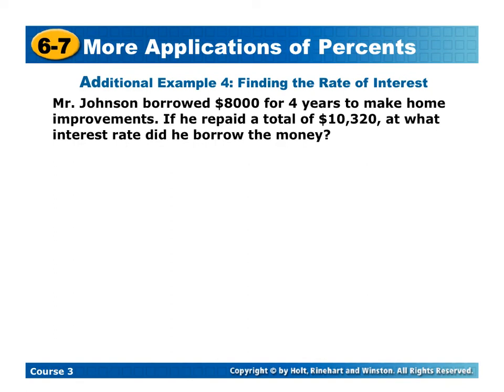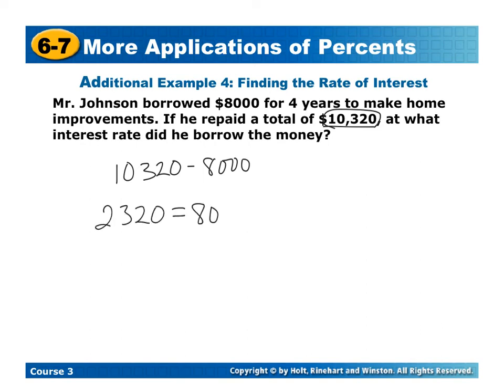And let's just look at one more example. Mr. Johnson borrowed $8,000 for 4 years to make home improvements. If he repaid a total of $10,320, at what interest rate did he borrow the money? So here he repaid a total of this. The first thing we want to do is figure out how much he paid in interest. So I'm going to take the $10,320 and subtract the $8,000 that he borrowed. When we do that, we get $2,320. So $2,320 is the interest he paid on his principal amount, which is $8,000,